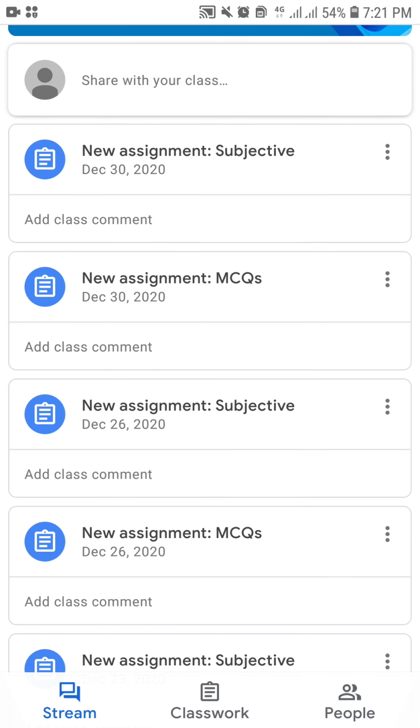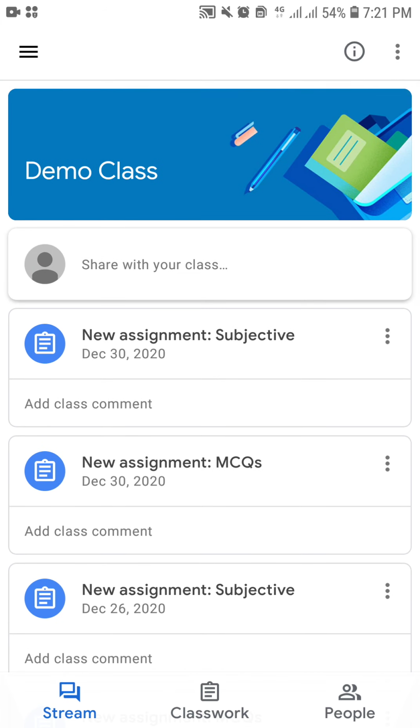And the same goes for the subjective part. For the subjective part for class 8th, 9th and 10th, the time limit will be from 10:30 to 12:10. That is 10:30 to 12 o'clock for the paper, and 10 minutes are added for the uploading. So you will have to complete your paper in time. For first year and second year, the time limit for the subjective portion will be from 9:30 till 11 o'clock.